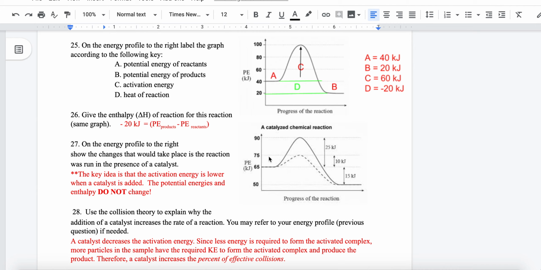This means less energy is required to meet the activated complex. Therefore, more particles in the sample have reached that minimum energy that's needed,